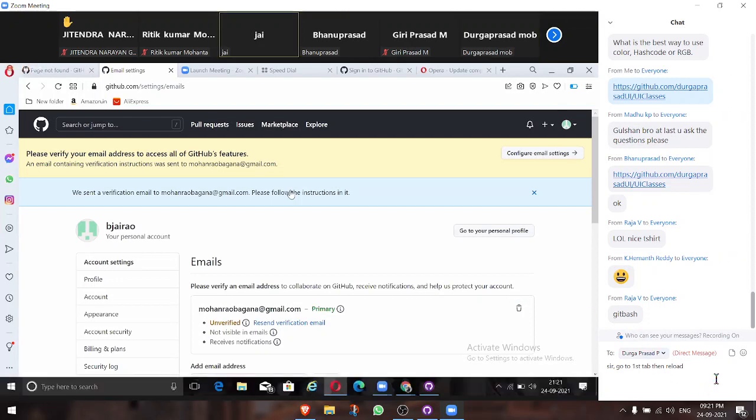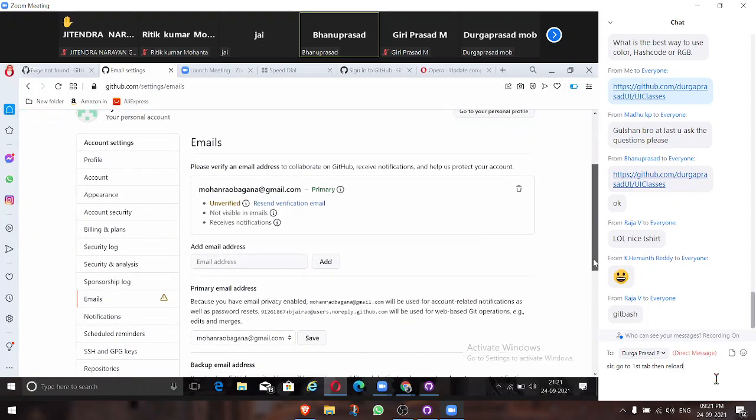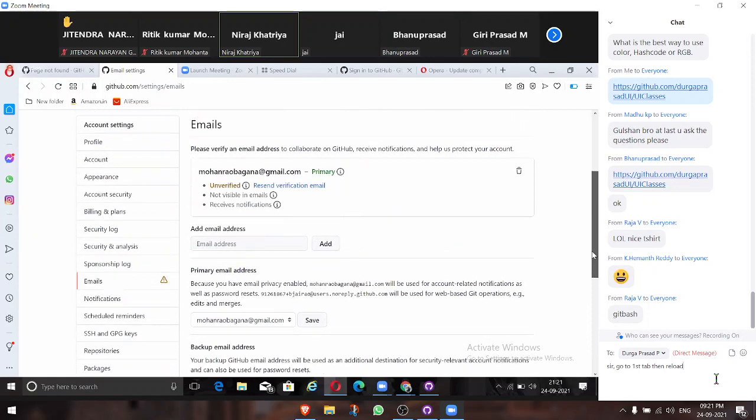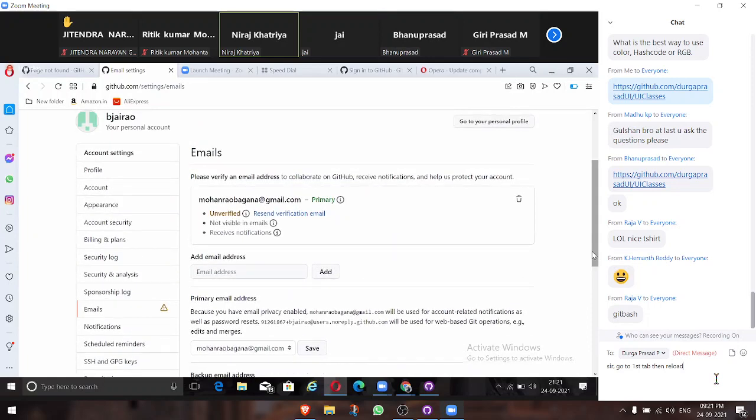Sir, I am getting a launch code, sir. Yeah, you can please launch it. Sir, please close the GitHub Desktop and restart. Then it will ask for a launch code. Okay, you close this browser and close the GitHub Desktop also.